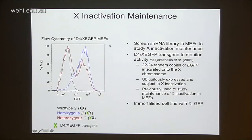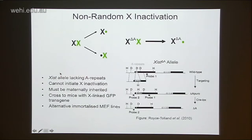So here's some flow cytometry showing in red here heterozygous females for this GFP transgene. They're either GFP negative or GFP positive, depending on which chromosome is active. So earlier during my PhD, I derived an immortalized cell line with the GFP on the inactive X chromosome. Subsequently, I also used a slightly improved system using an allele of Xist, which can't initiate X inactivation. So the idea of this is that